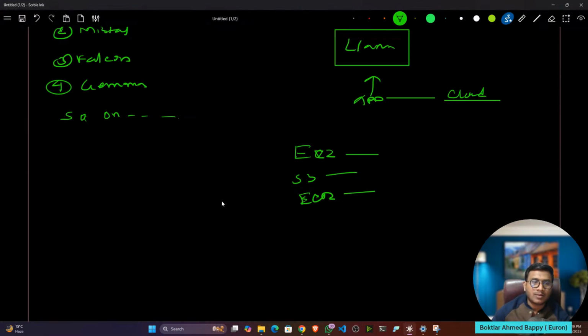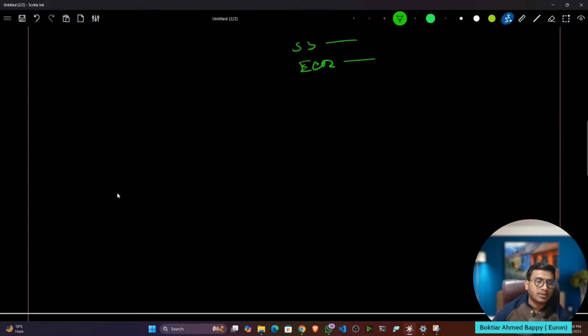Let's say if I want to run a llama model, I need a good EC2 instance with a higher configuration GPU and higher configuration RAM, then we'll be able to do that. But again, you have to do the load balancing, you have to do the scaling. So there are so many cost involvements. Somehow let's say you have deployed this llama model on the cloud platform.